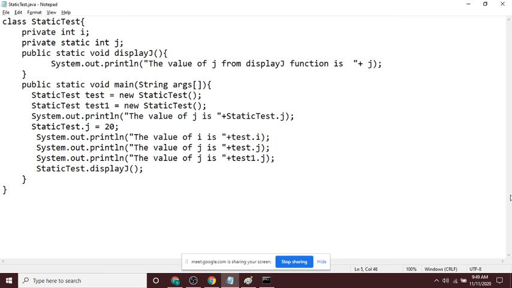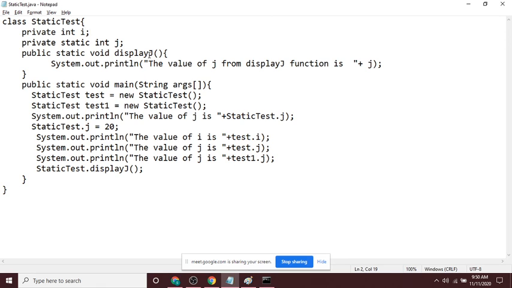Now copy this example. Write down this example in your notes. Are you maintaining separate notes, everybody? Yes, sir. So write down this program in your notes.